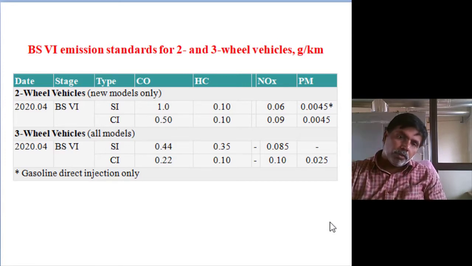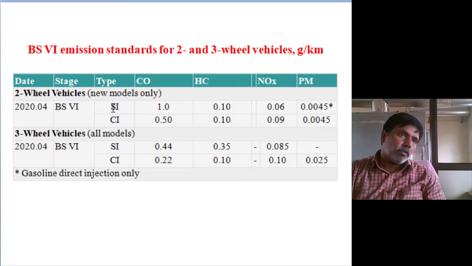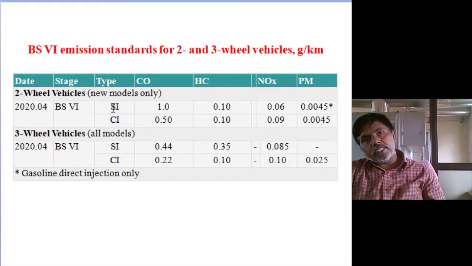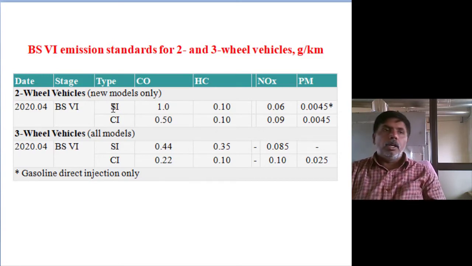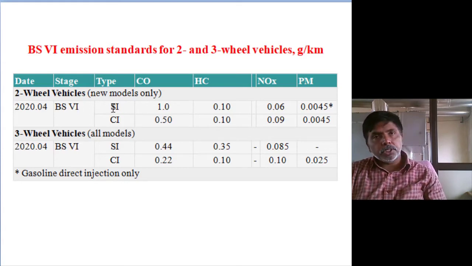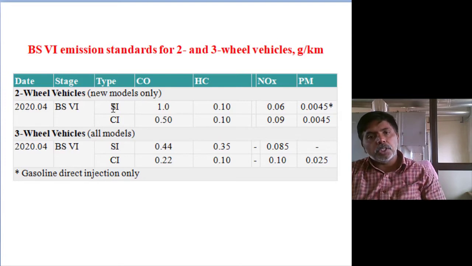You see one difference, because both spark ignition and compression ignition are available. The carbon monoxide range in spark ignition is high. Why? Because in spark ignition we are sending a homogeneous mixture, meaning the air fuel mixture is already fixed. With the acceleration throttle, because of the carburetor and different throttle openings, sometimes a rich mixture will come and sometimes a lean mixture. When a rich mixture comes into the picture, sufficient oxygen is not available. That's why the chance of carbon monoxide is high.